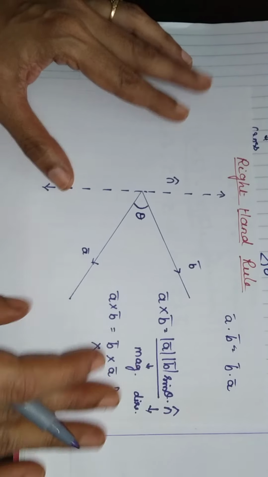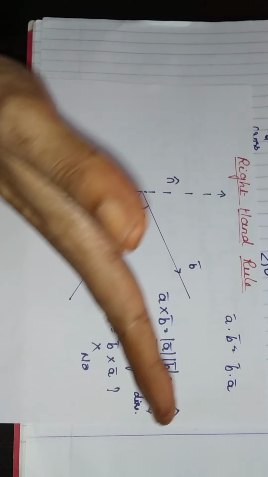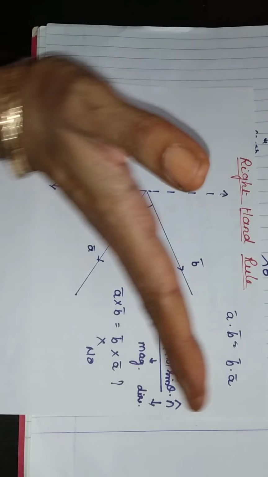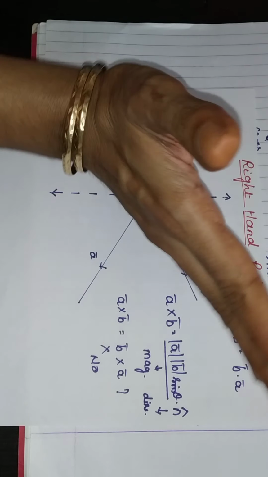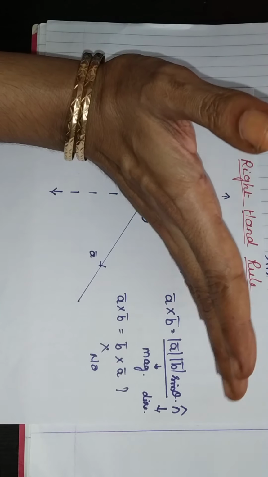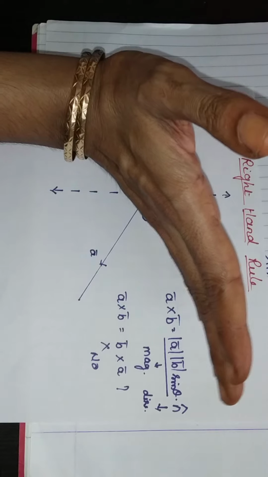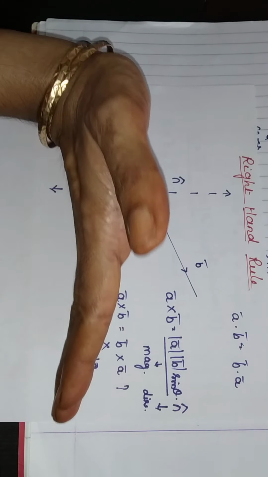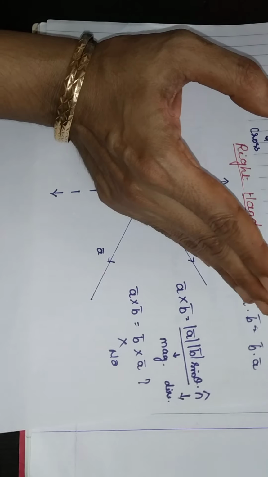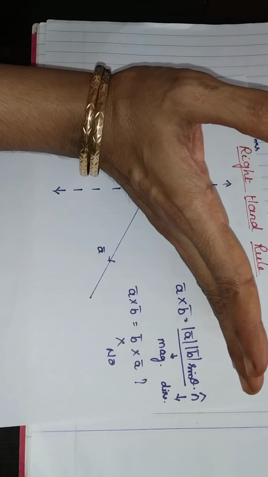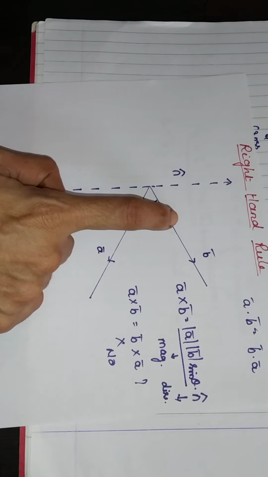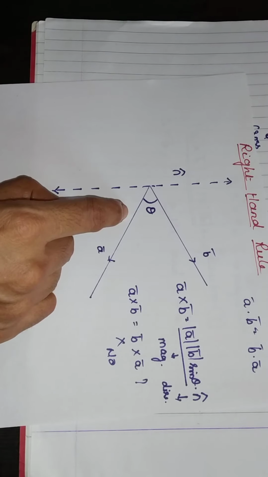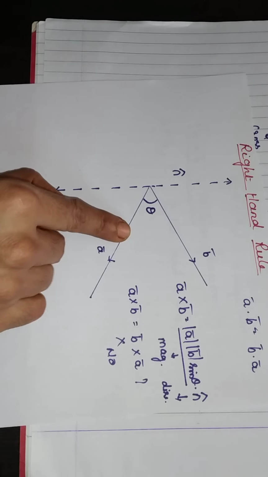Let us come back to the right hand rule. Now B cross A will be a vector going from B to A. See, A cross B was a vector going from A to B. A cross B went in the anti-clockwise direction. What about B cross A? We cannot take it the other way and come to A, because that would mean covering a bigger angle. We take the smaller angle involved over here.